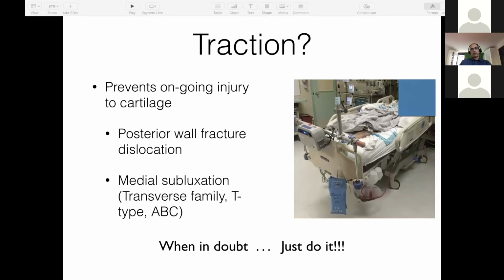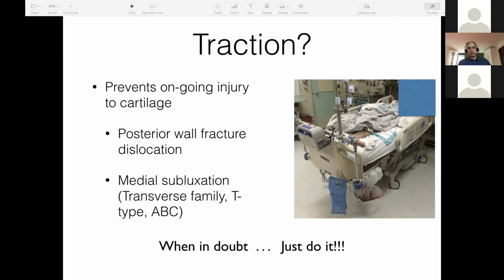Okay, a lot of questions have been coming up about traction. So who needs traction? Well, the idea behind traction is what? It's preventing ongoing chondral injury from displacement and aberrant pressures on the femoral head cartilage or acetabular cartilage due to displacement and step-offs and even dislocation. So obviously, any patient who has a truly unstable acetabular fracture is going to benefit from traction. You need to get that joint back in, and you also need to get that patient in traction to try to take some of the pressure off of those broken acetabular fragments, as well as to keep the femoral